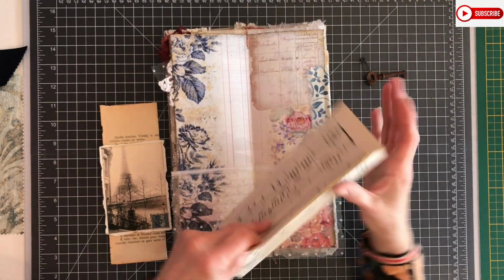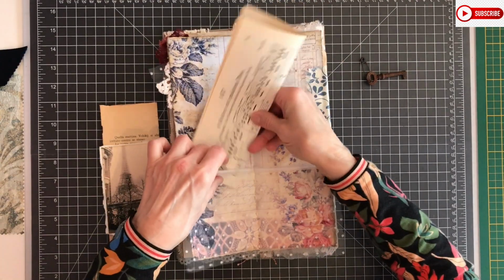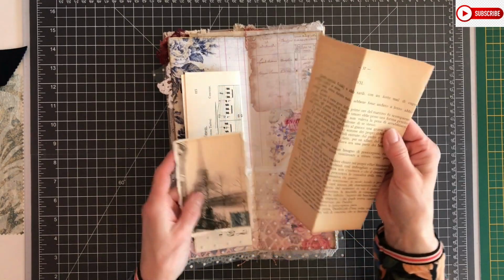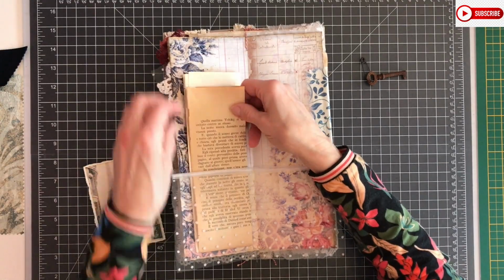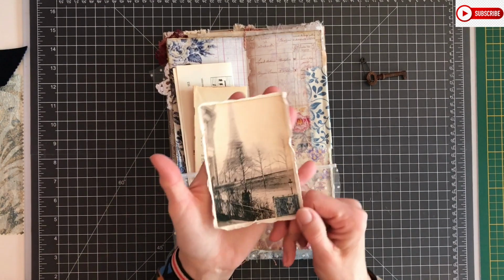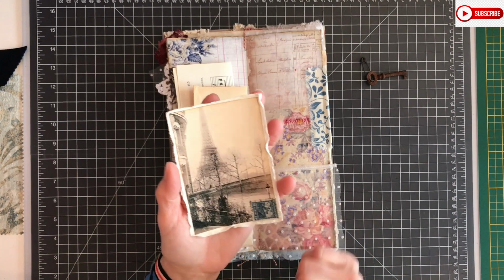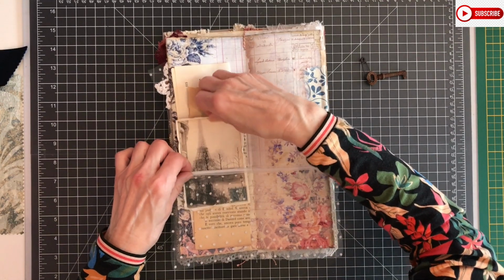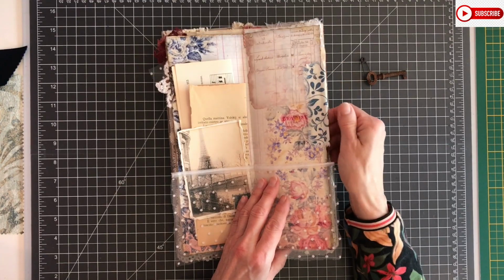In here I put a vintage music sheet to use, and oh, this is also Italian. I just got my paper pack in time to put these things in here from Rachel. This is an image from ShabbyCottageStudio. I added a real stamp, I like that, and on the back is journaling space, so just a bit of extra in the pocket. Here I made a fabric tab,